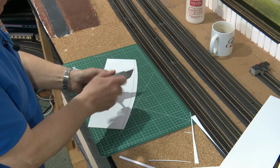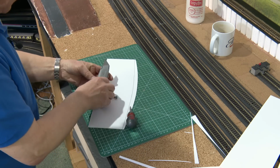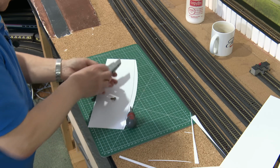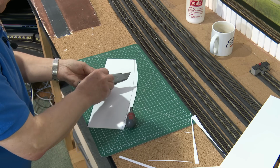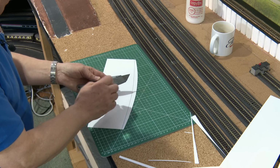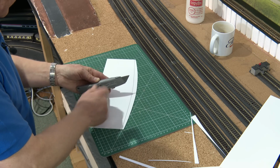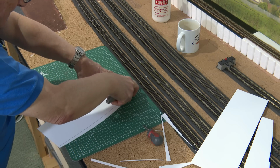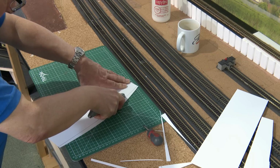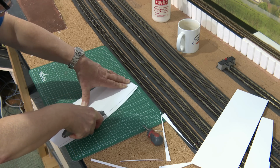And now switching to a fresh blade, can't have enough blades, can you? It's just a case of going freehand on this line. Wish me luck. So it's just a case of doing it as slowly as you can. It sort of suddenly accelerates, but lots of downward pressure. Stay on the line as best you can,